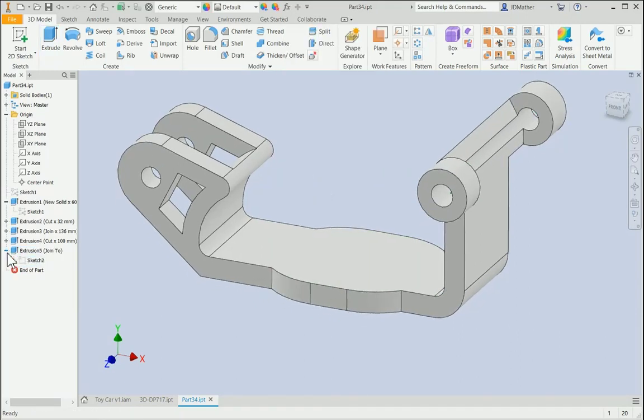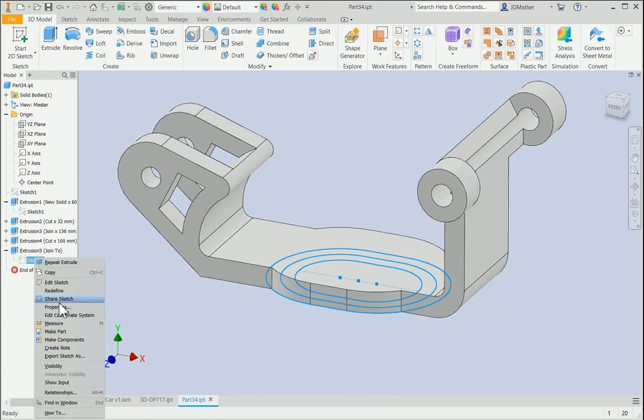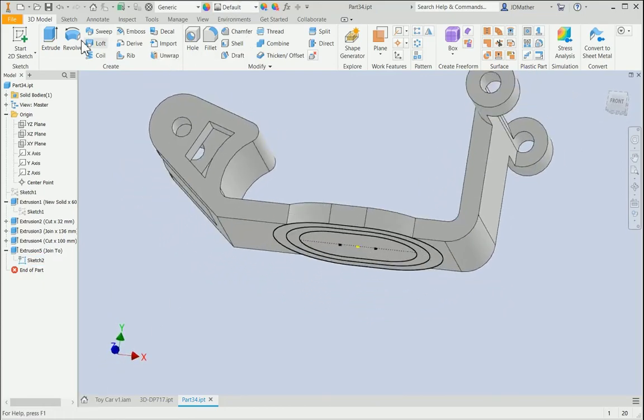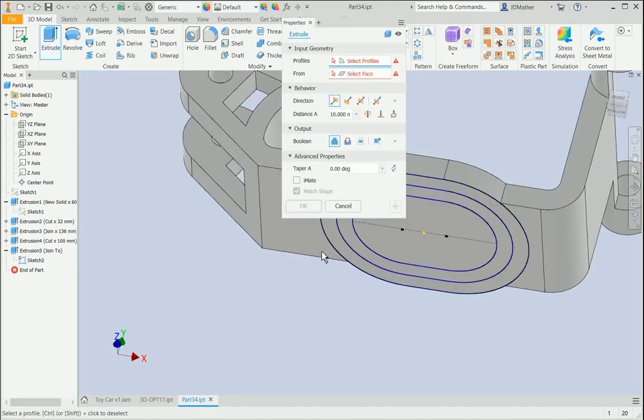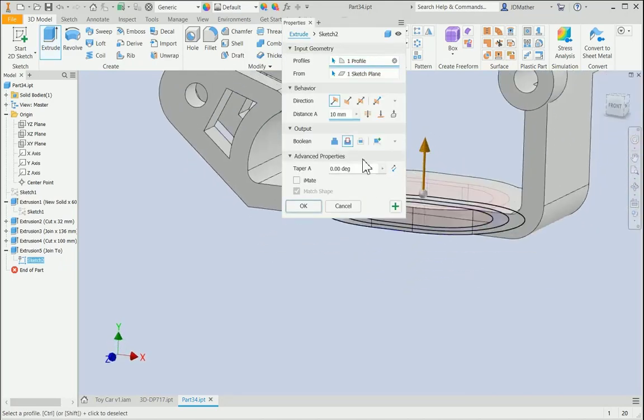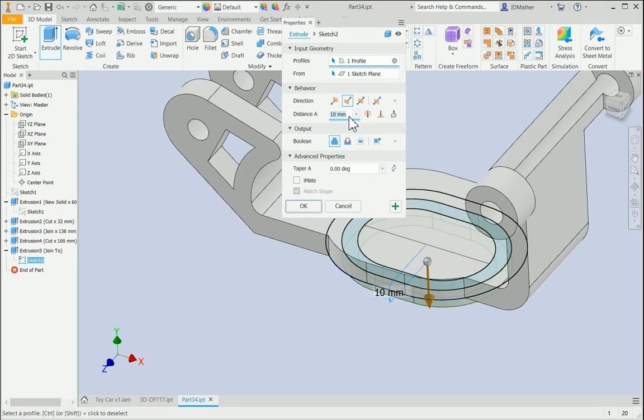Okay. I'll make that sketch visible again, and I'm going to extrude this area, I'll flip the direction. I'll go down a distance of 5,